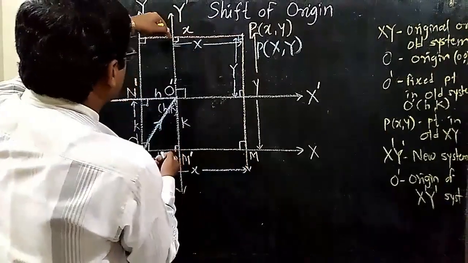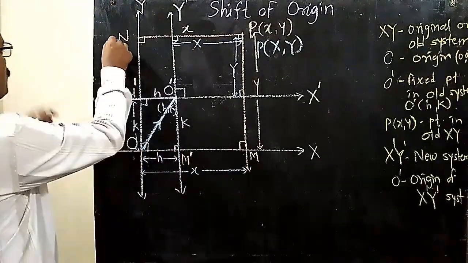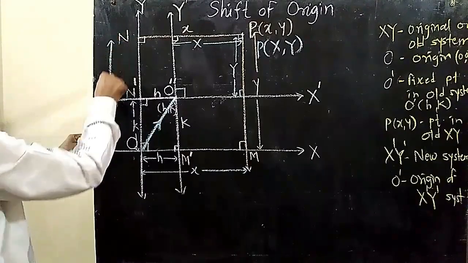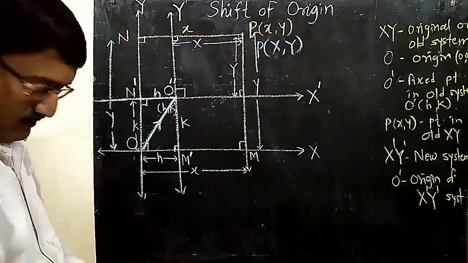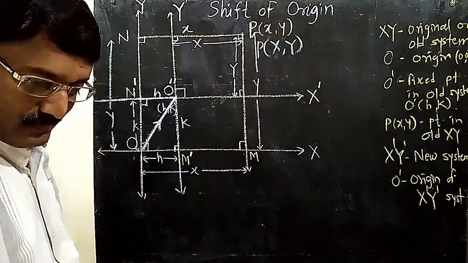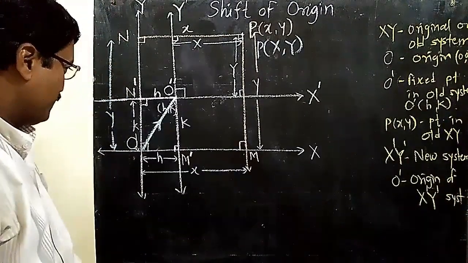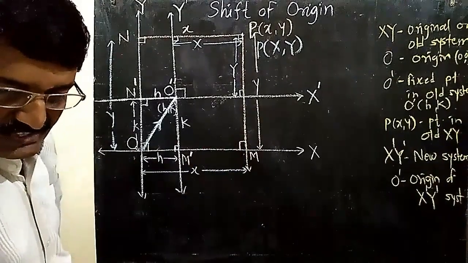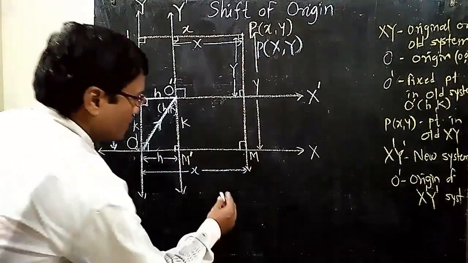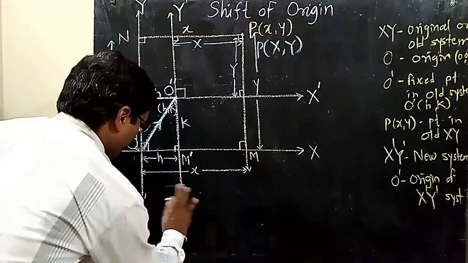This is y. This is also y. This much is y. So this OM' is nothing but again y. Now, if you observe this figure carefully, then in this figure, if we find distance OM, this distance OM, then